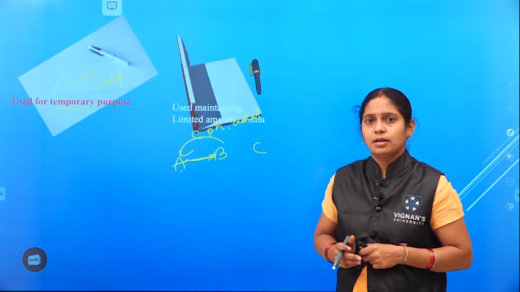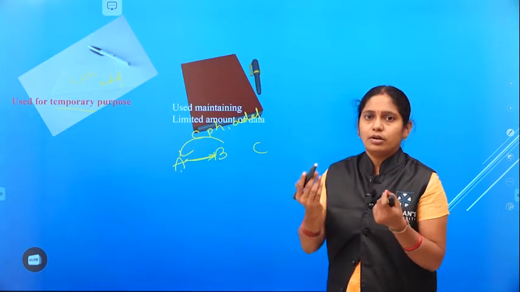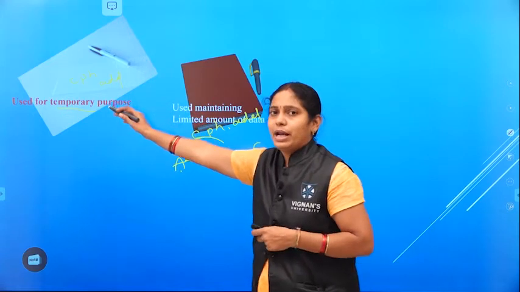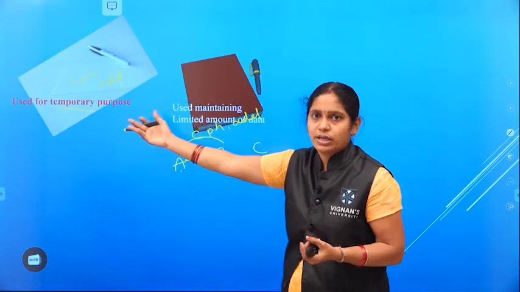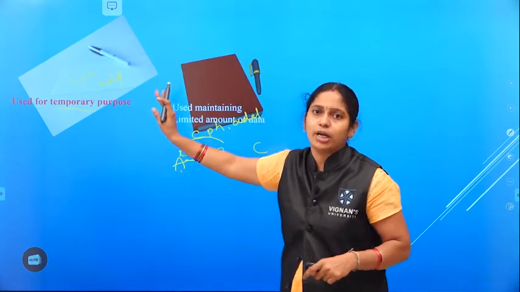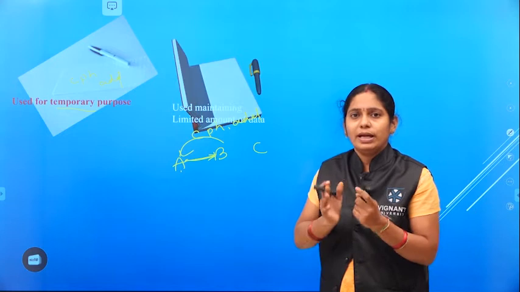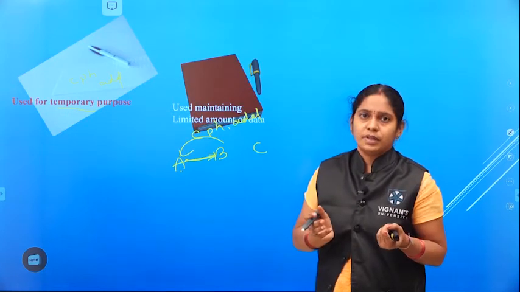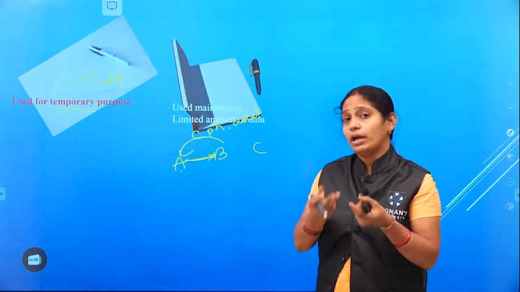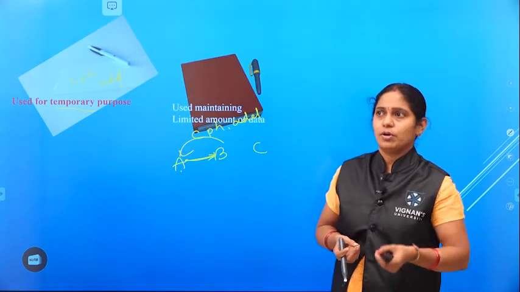So coming to the first case, for a temporary purpose, which is a use-and-throw purpose. For the present purpose, for the current situation, we simply use a paper and pen, because there is no need of storing that content. We simply take it and write the content on it, and after completion we can throw it. In such situations, we use simply a paper and a pen. Suppose you want to maintain the data for a long time, and not only a single data, we have a group of information to store. In such cases, how many papers can you keep as a bunch? It is difficult. Suppose your friends are approximately 35 to 40.